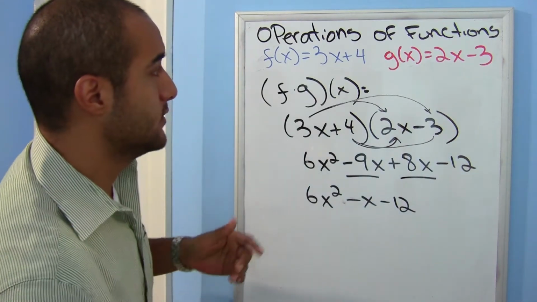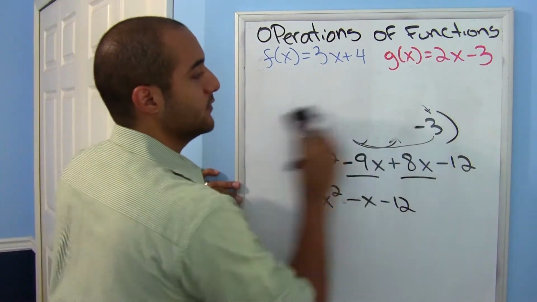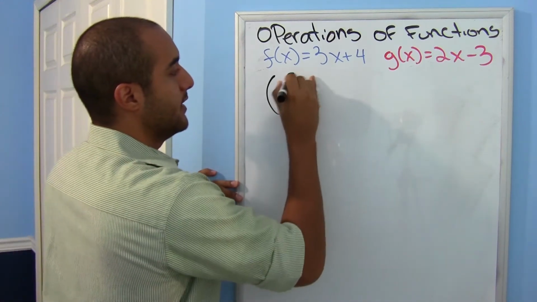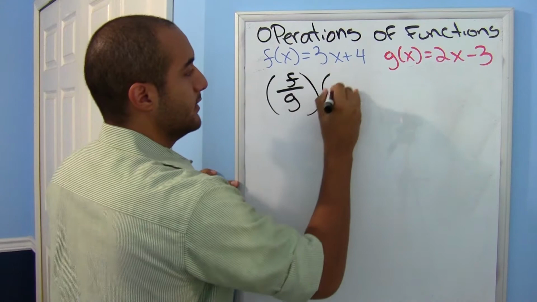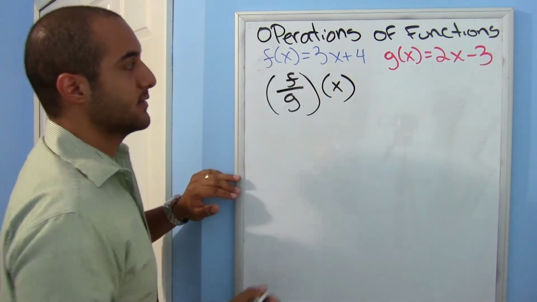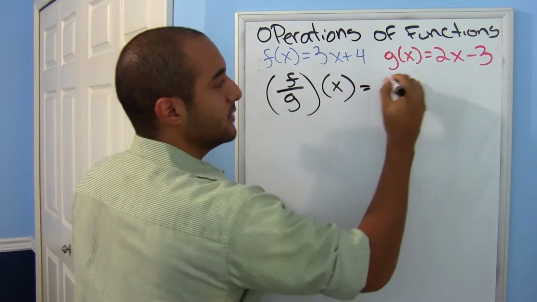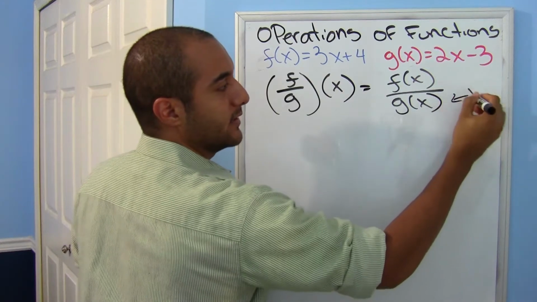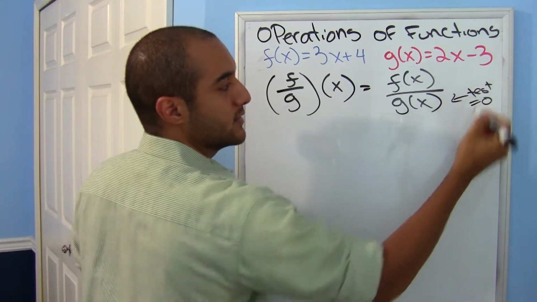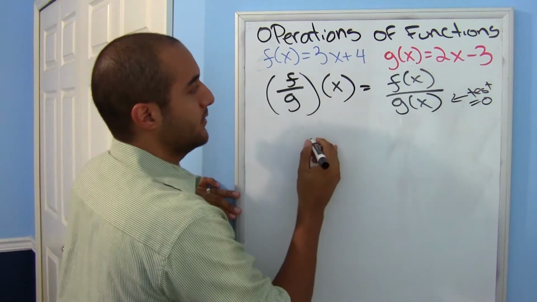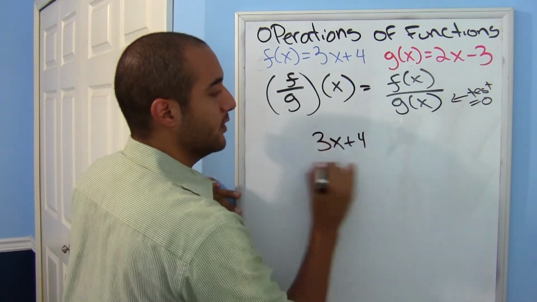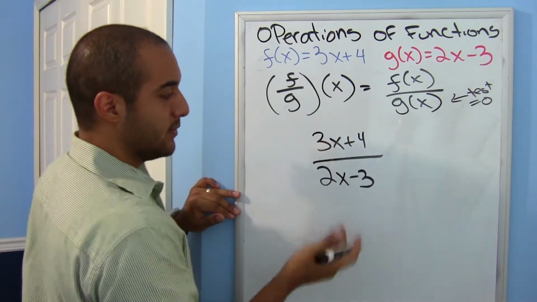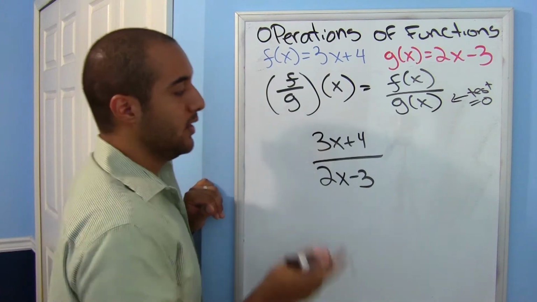So the last one is to look at my quotient for these two functions. So I have f divided by g of x. As implied earlier, it's just f of x over g of x. But remember, we have to test this domain. Test where this is equal to 0. So I'll grab my top one, 3x plus 4 over 2x minus 3. If I can simplify, I simplify, but there's nothing for me to do, so I go straight